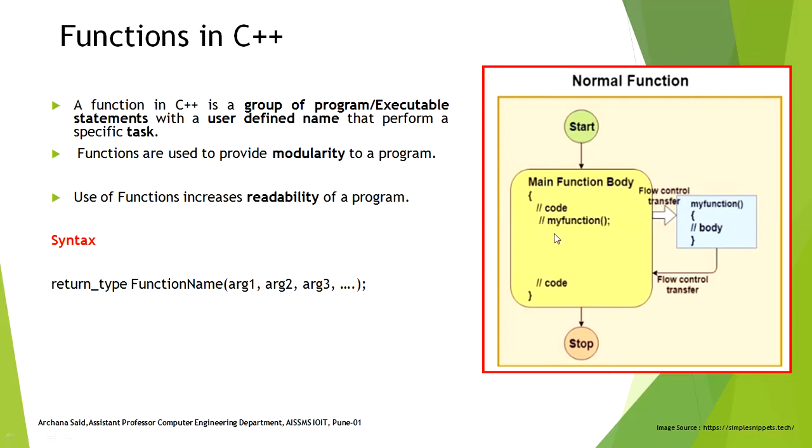If a function is present in a given program, before the function call the previous statements are executed one after the other. Whenever the function call occurs, the control is given to the function definition. The set of statements is executed, which is called the function body. When the function terminates, the control is given back to the calling program, that is the very next statement after the function call. The next set of statements are executed and finally the program terminates. This is how the function gets executed in any given program.